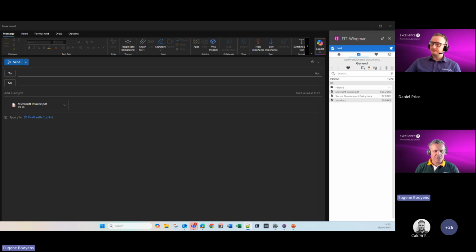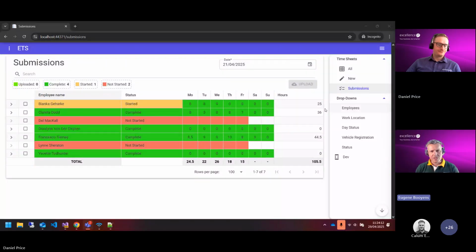Our last demonstration, before we talk about systems integration and reports, will be about a custom application we developed for one of our customers. Dan, if you want to share your screen. So when it comes to various systems, I see we've got another poll there. How are you currently saving and managing email attachments like invoices? It would be great if we could get your feedback on that one.